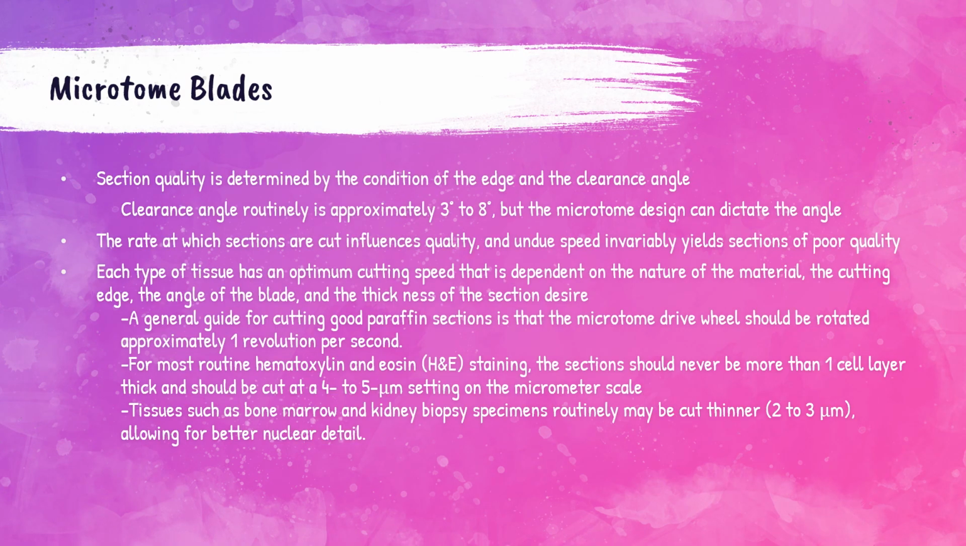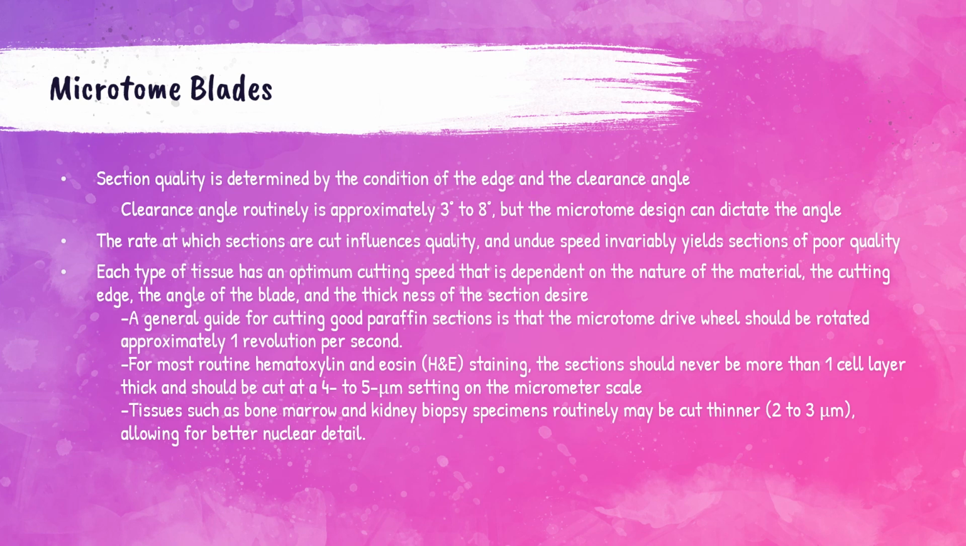The quality of the tissue section is determined by the condition of the edge of the knife and the clearance angle. Again, clearance angle should be 3 to 8 degrees. There is an optimum cutting speed for each type of tissue. It's dependent on the type of material, angle of the knife, condition of the knife edge, and the thickness of the tissue section. A general guide for paraffin sections is that the wheel of the microtome should be rotated 1